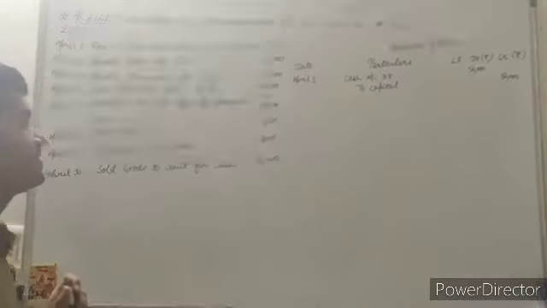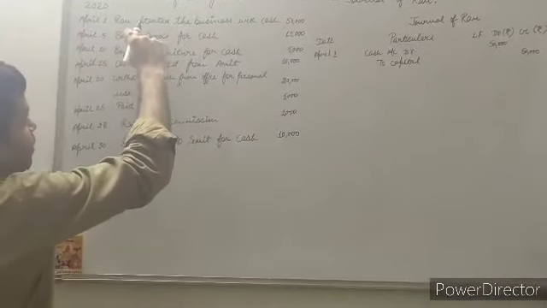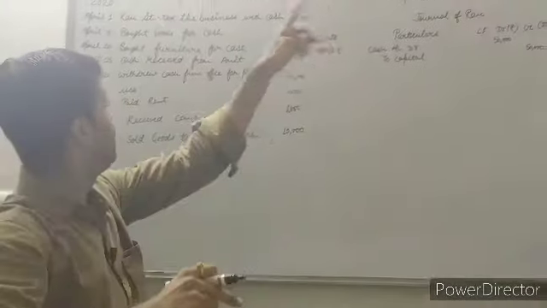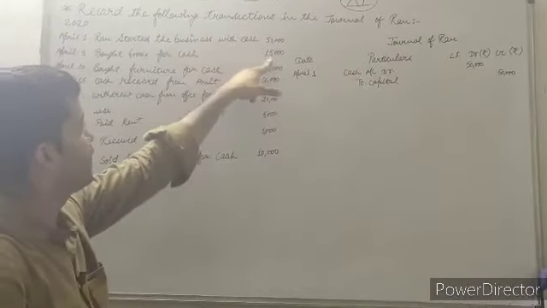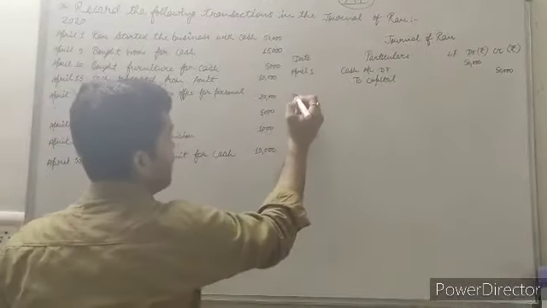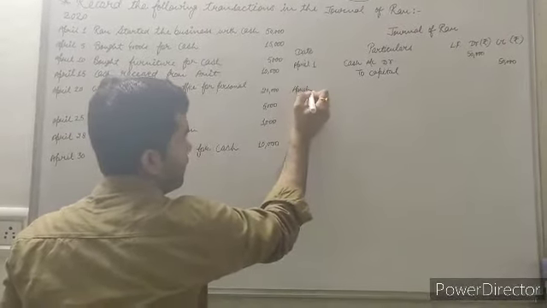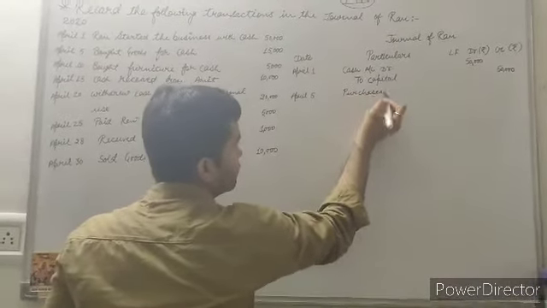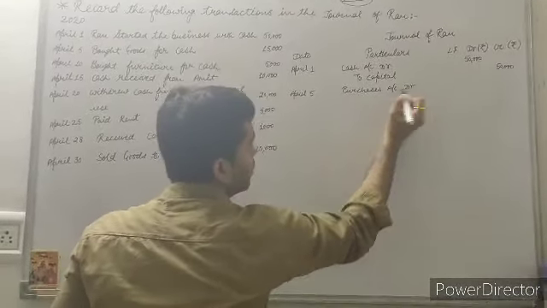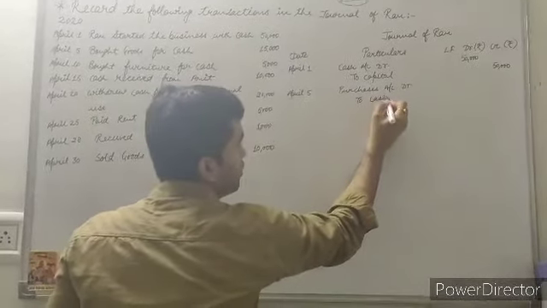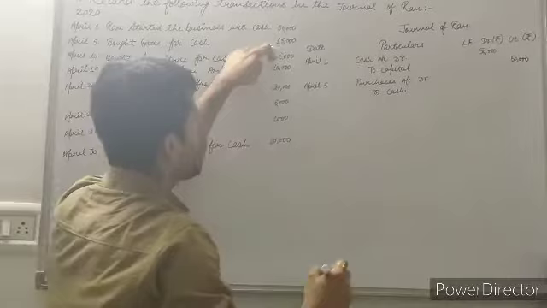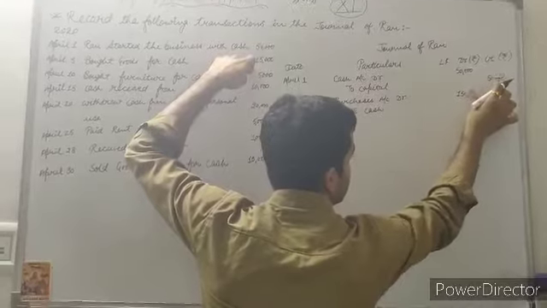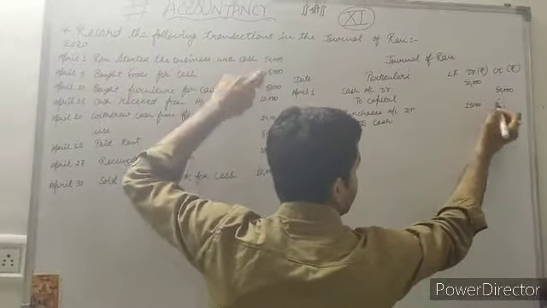Right? Now the next entry for the transaction, 5th April is the date. Bought goods for cash. What did he do? Ram purchased goods for cash, 15,000 rupees. So we have to mention the date first of all, April 5. And now purchase account debit to cash, and now the amount is 15,000 rupees. So we have to mention the 15,000 rupees on the debit side and in the credit side.